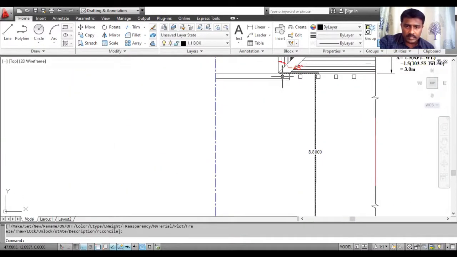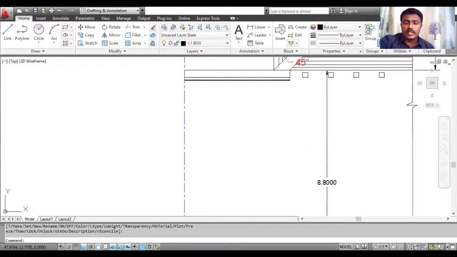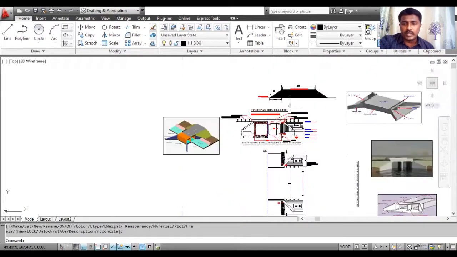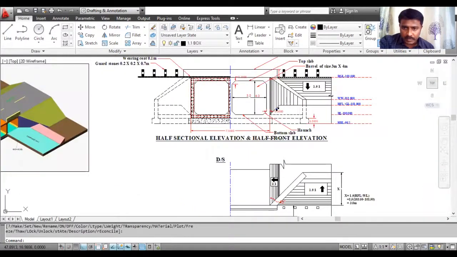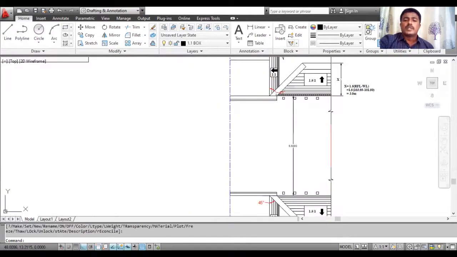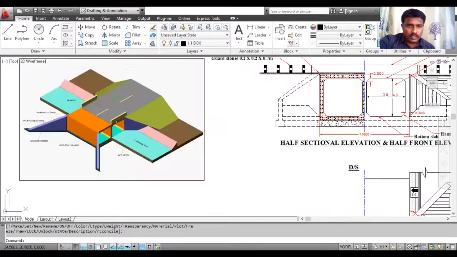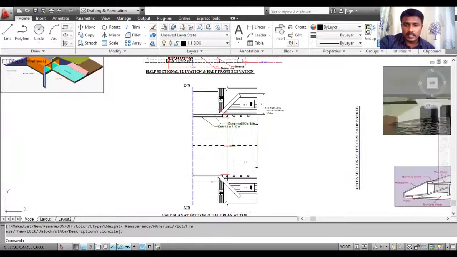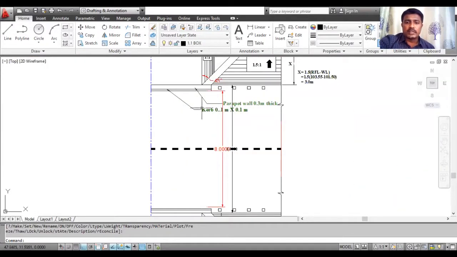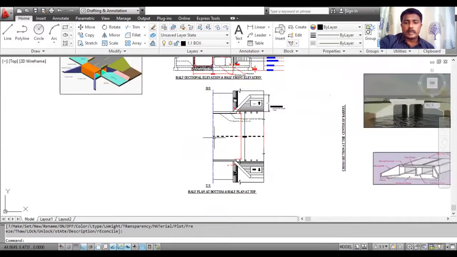So that is, the thickness is equal to 0.3 meter, and also the thickness of the curve is visible. That I am also showing like this. And what is this point? You have to project from this point to this point. So finally you have to draw the center. Here you have to draw one center line, like this. And also show the different components. So this is the procedure to draw half plan at top.